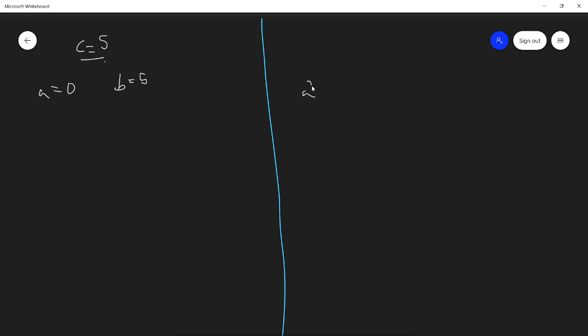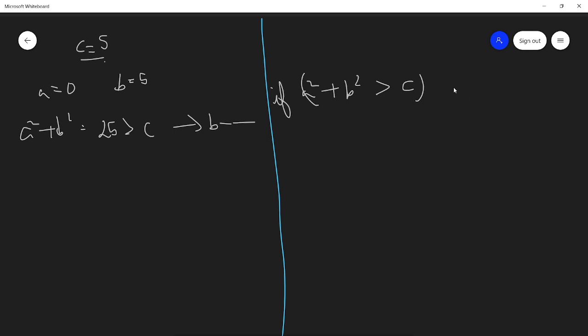If a square plus b square value is greater than c, here a square plus b square is coming as 25, which is greater than c. So I will reduce b by one step. In this case, I will reduce b.